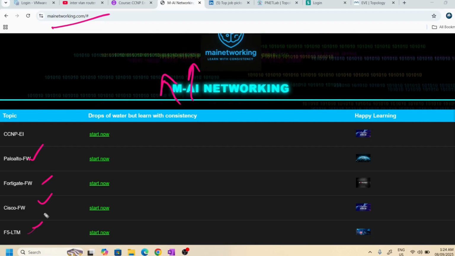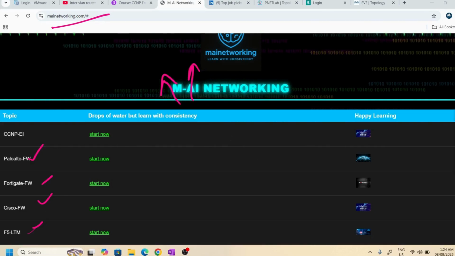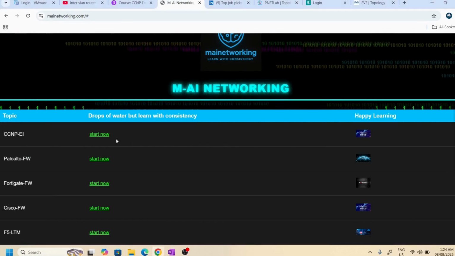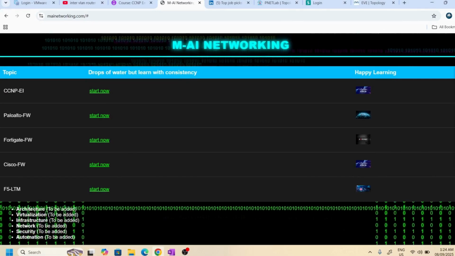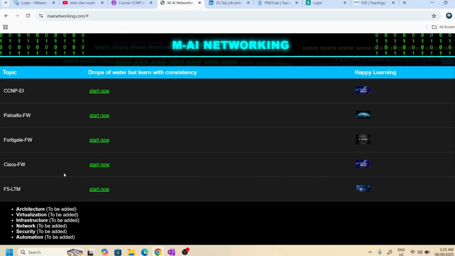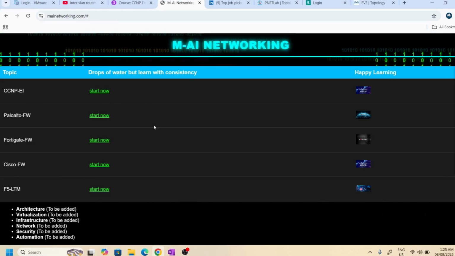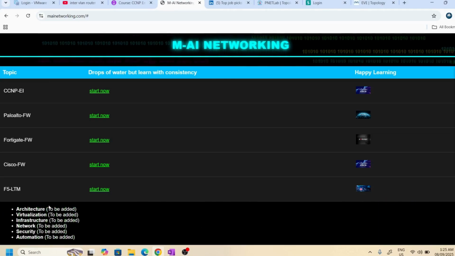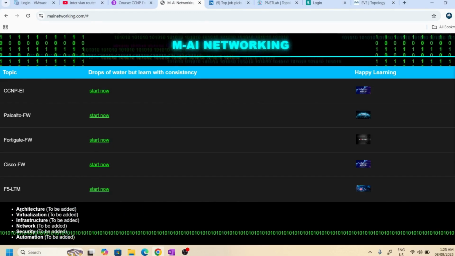If I click on start on CCNP, you can see the topics architecture and virtualization still to be added. I'm still working on it, so I will update all the theory part related to architecture. There are many things, like HSRP and EtherChannel, that come in this architecture.